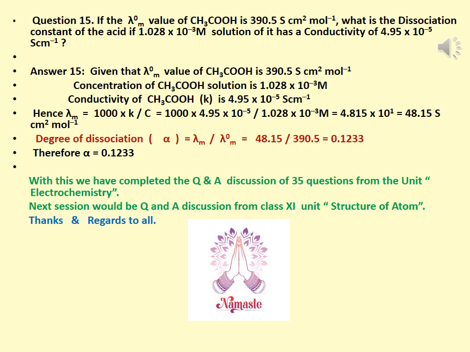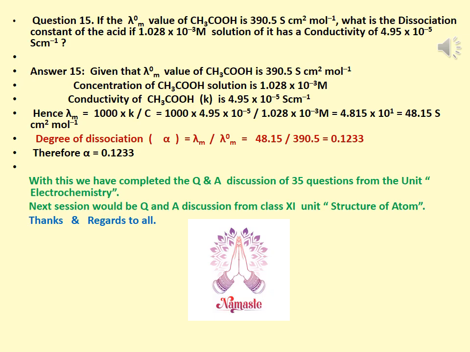If the lambda naught m value, that is molar conductivity at infinite dilution value of acetic acid, is 390.5 Siemens centimeter square per mole, what is the dissociation constant of the acid if 1.028 into 10 power minus 3 molar solution of it has a conductivity of 4.95 into 10 power minus 5